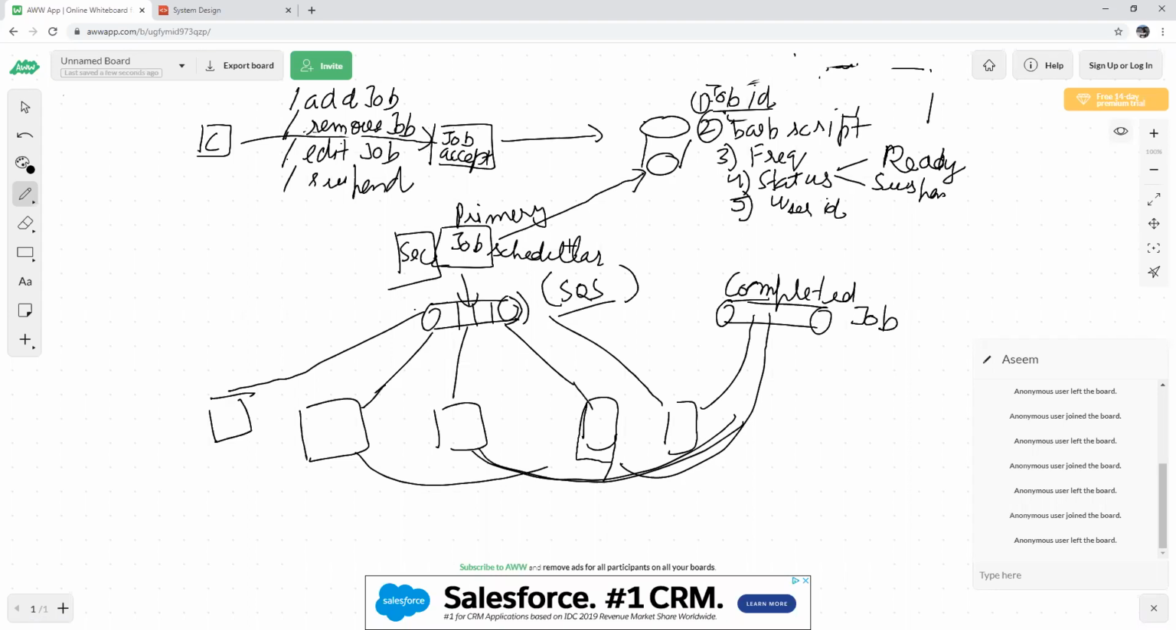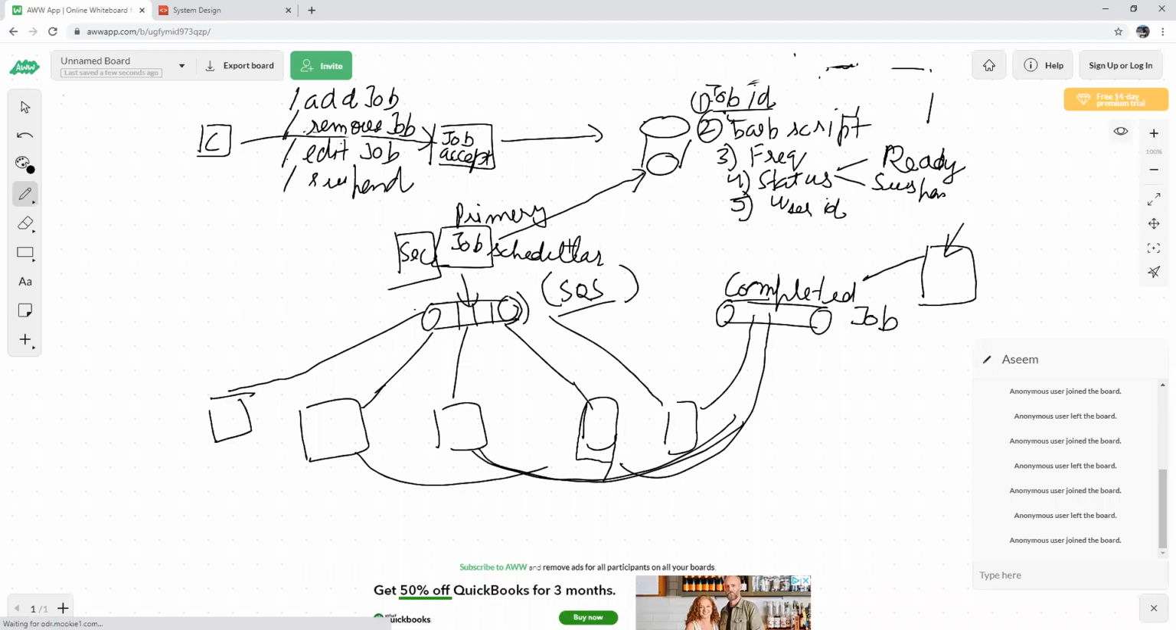And what other thing I'm thinking, once a job is completed, it will push into a different system, and we can have metrics and telemetrics and dashboards on top of it. Okay. The other thing I was thinking is